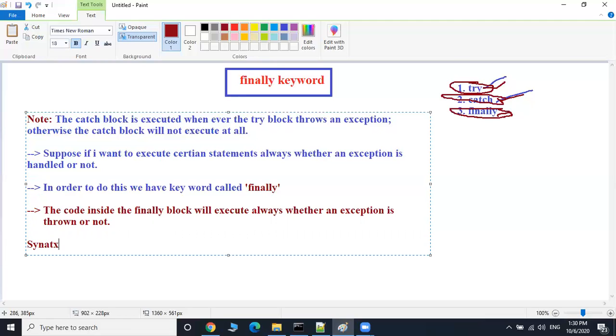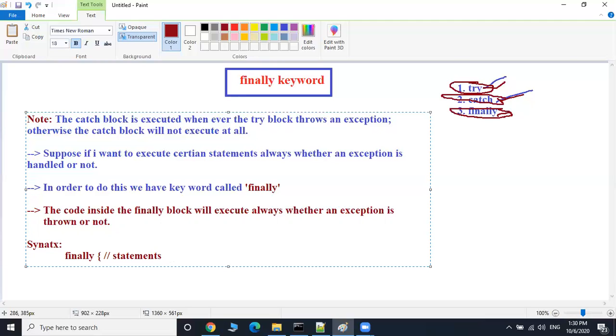The syntax of the finally block is the same as try and catch. So finally, an open brace, and inside this you can write some statements.